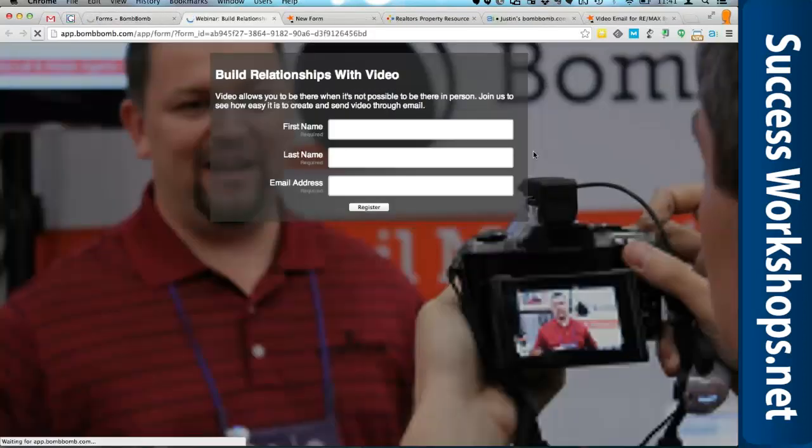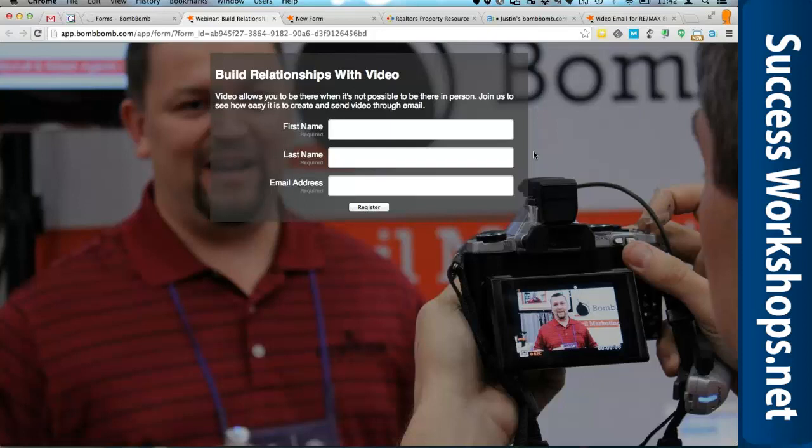Oops, actually I want to do this. This is the same form without a white background. We can really trick this thing out and edit it however you want. So we have a number of agents at open houses, again, who leave an iPad or something along those lines out. But even if you just have somebody fill out a piece of paper with their name and email address, maybe phone number,